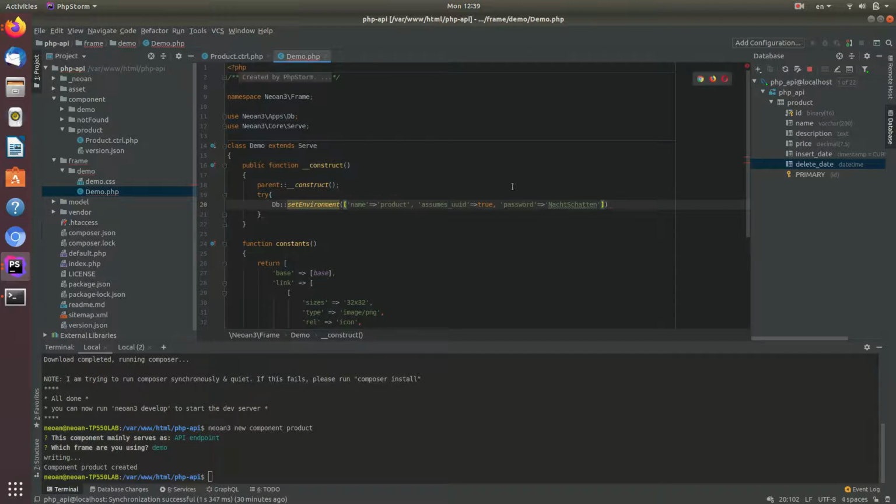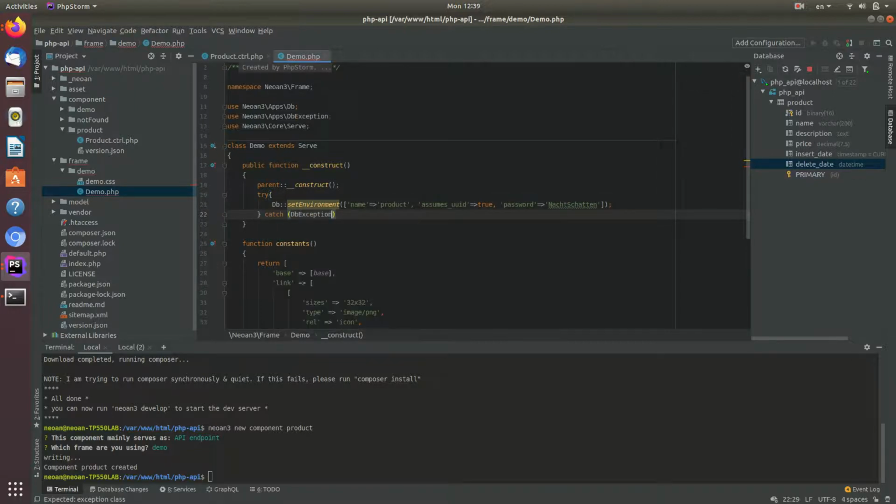This could be empty. There are absolutely no security threats on your local system, right? Whatever you call that is fine. And now I basically have the environment set up. So I'm going to basically, in this case, say catch this DB exception. Same here, be careful. See, my IDE added it automatically. And